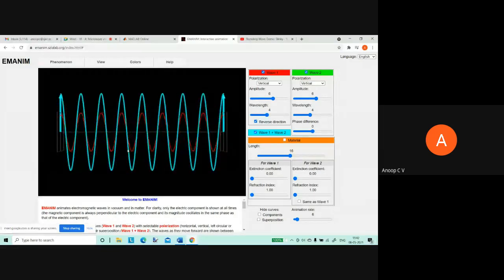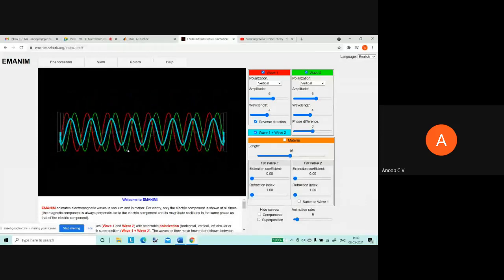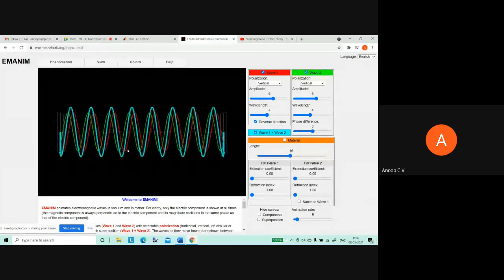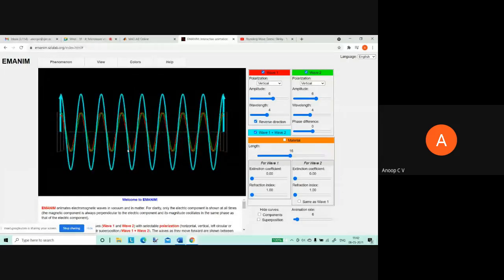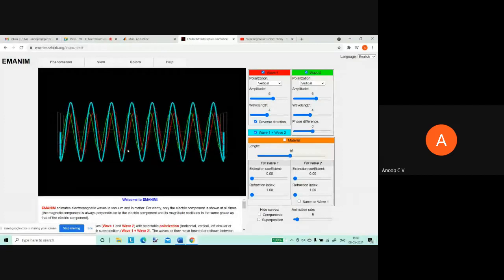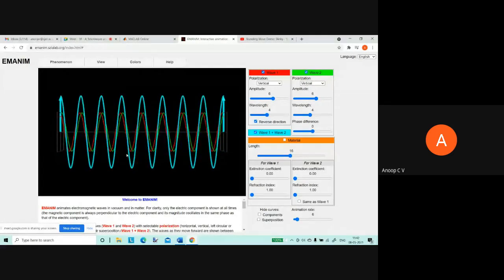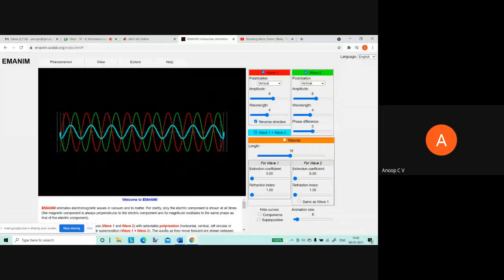If you are to give an analogy, it's like an LC tank circuit, right? If resistance is completely zero, if you charge a capacitor and connect it to an inductor, what will happen? It has to oscillate, right? So similarly, this is called a pure standing wave. So that is the case.